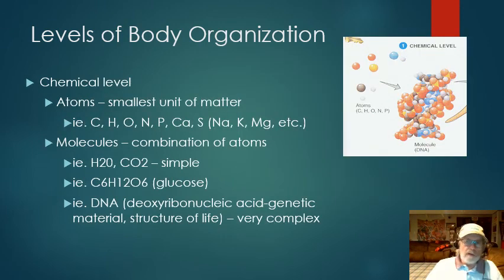So let's first talk a little bit about what the chemical level is. Well, basically, if you look around at your neighbors and your friends and people within your house over the past month, they all look different. But on the deepest fundamental level, basically they're all the same. They're all made up of atoms. Carbon, hydrogen, oxygen, nitrogen, phosphorus, calcium, sulfur, sodium, potassium, magnesium, and so on down the road. We're all basically a hodgepodge of all these atoms in our body that work in